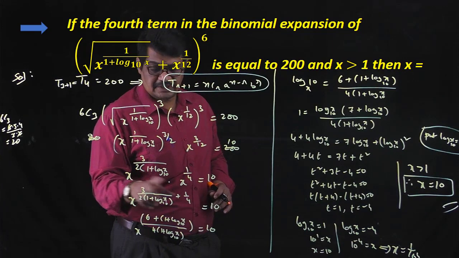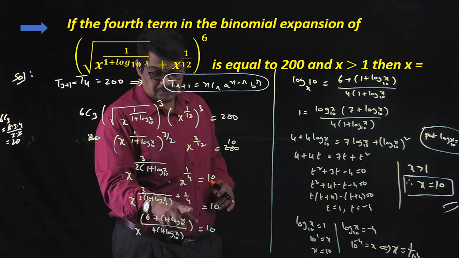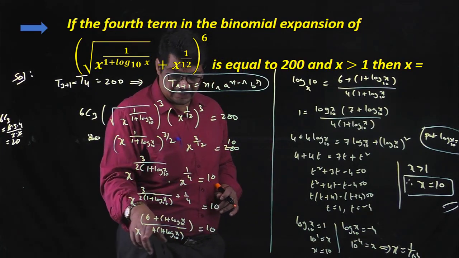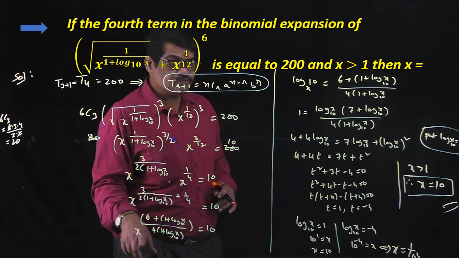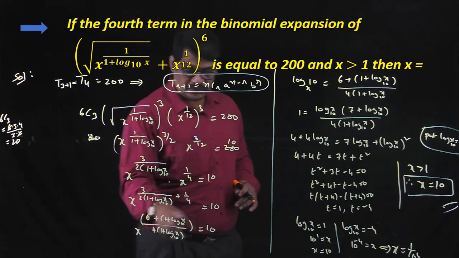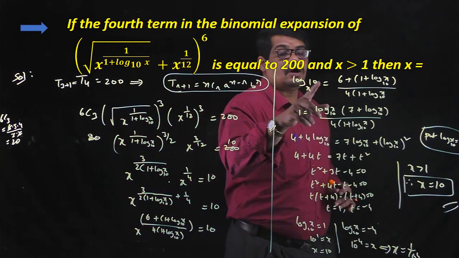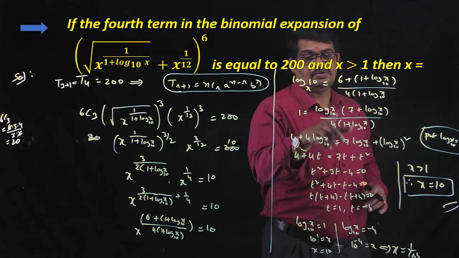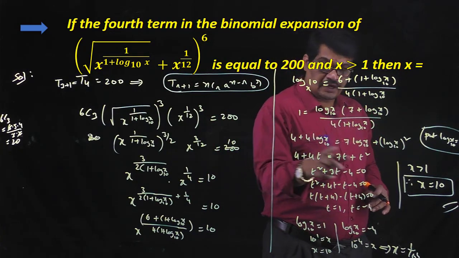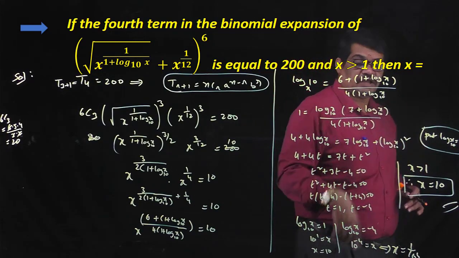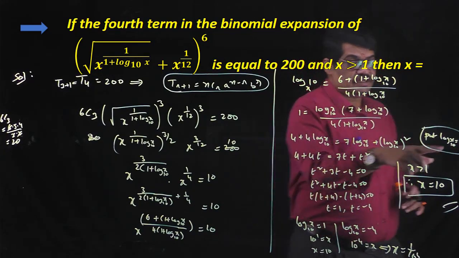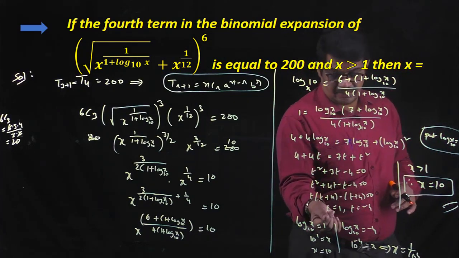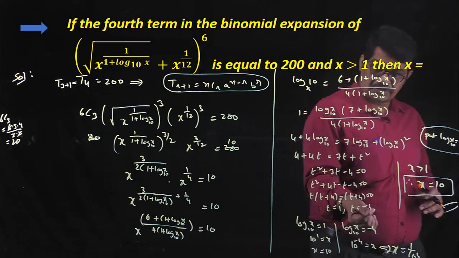Now here bases are equal. Now adding the powers. After that, applying the log on both sides, we are getting the logarithm definition. We are getting log 10 to the base x is equal. This term is moving to this side. So this log 10 to the base x is moving to the RHS, then log x to the base 10. So now cross multiplying the denominator, and in that log x base 10 is t. Then we get a quadratic equation in t. Now we are writing the factors: t is equal to 1 and t is equal to minus 4.